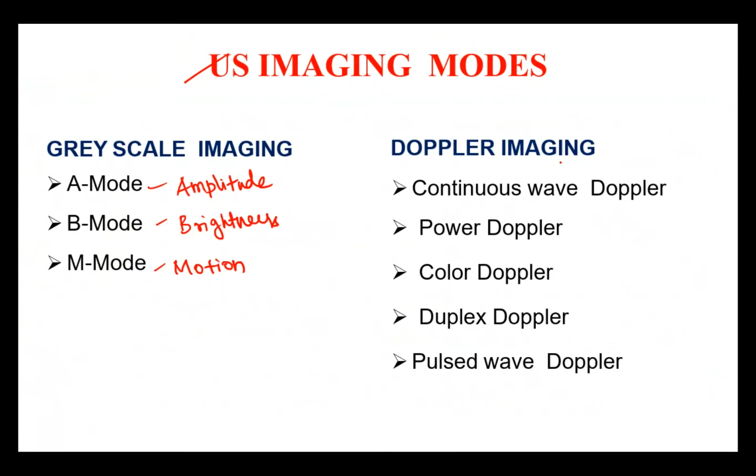Yes. So apart from that, we have Doppler imaging. Doppler imaging in the sense we can do color imaging. So color ultrasound imaging is possible nowadays. Every day there are a lot of improvements going on in ultrasound. Five years back we didn't have color Doppler, duplex Doppler and all.